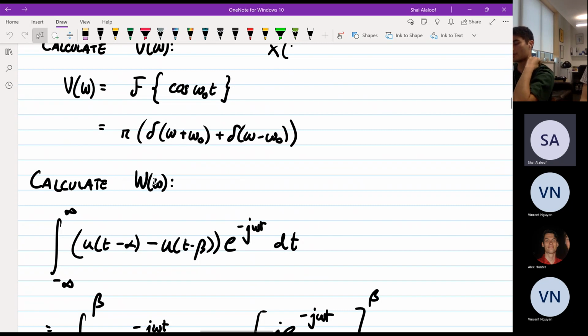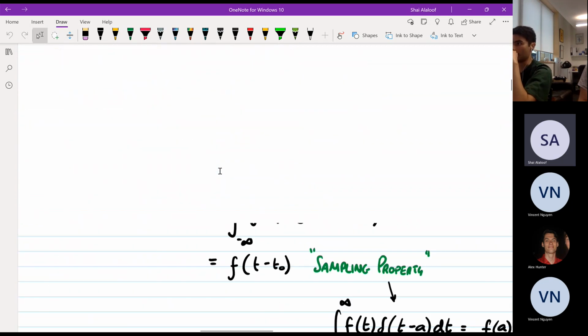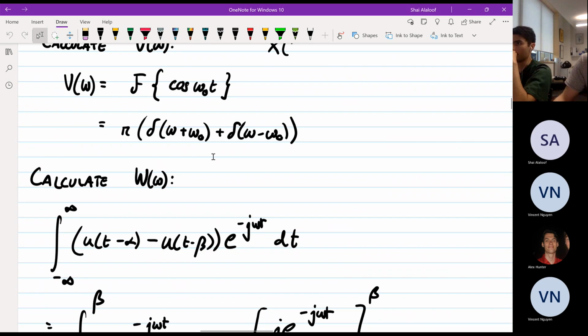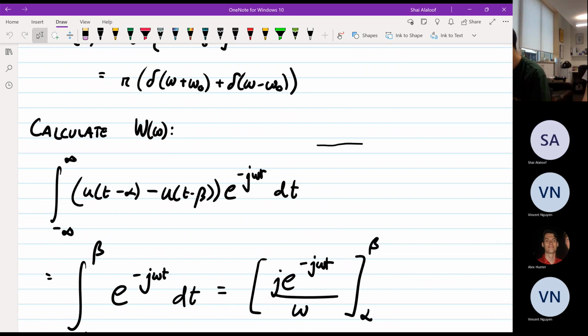Calculating the Fourier transform of the second signal, W, is actually not too complicated. Remember, the function W of t was just like a step function. It goes up and then down. Will my laptop let me draw it? Yes. Okay, so it just goes up and then down. You can write it as a mixture of step functions,